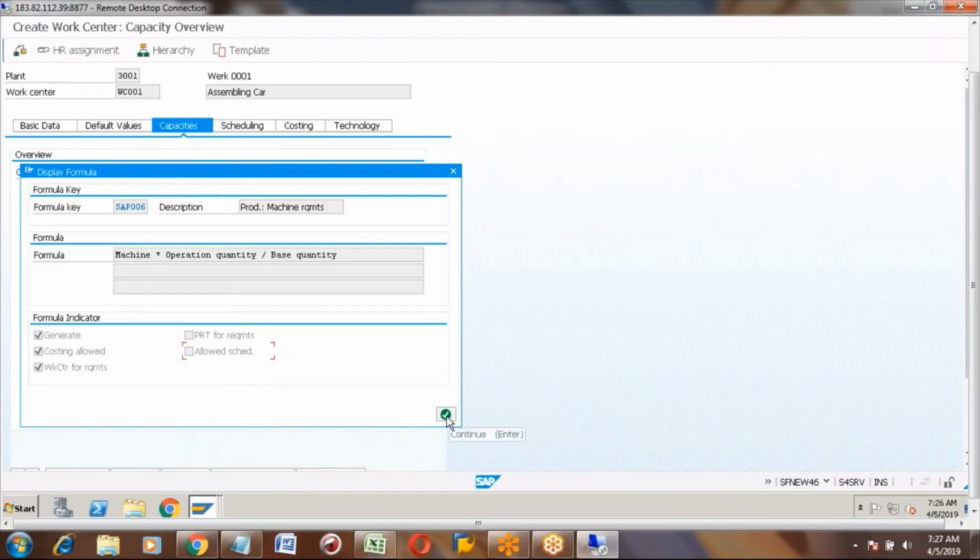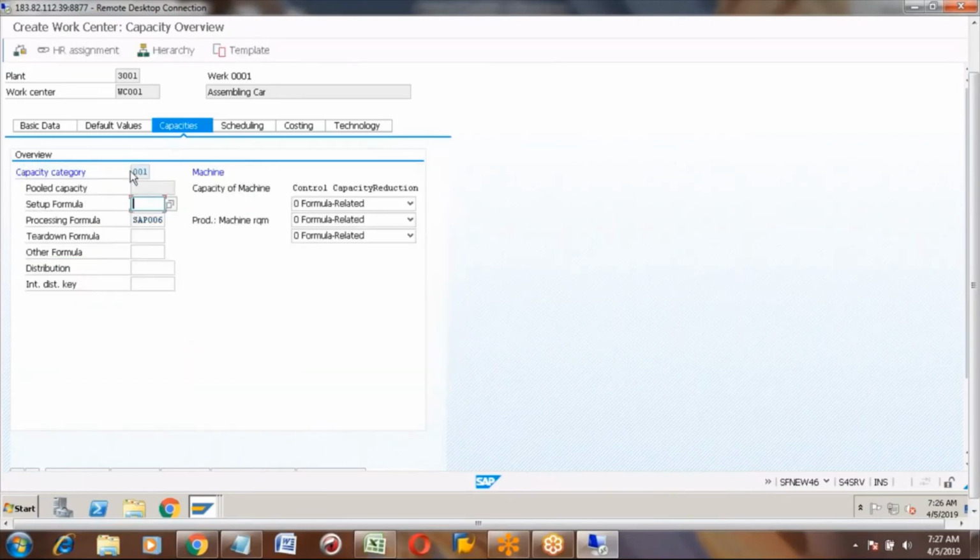So that is the meaning of this formula. Is this capacities tab clear? We maintain the capacity related and we maintain the processing formula also.